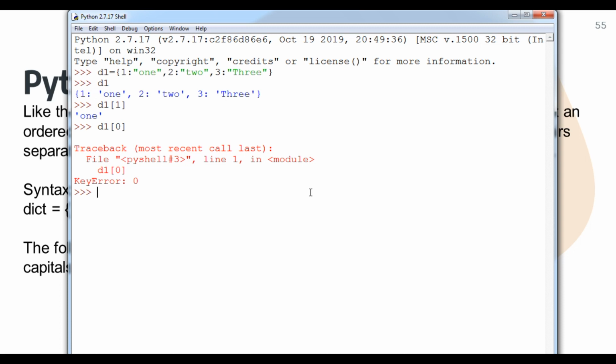It can be done in another way also. Suppose I create d2 equals 4, then comma 9, and then 1, and suppose 0.